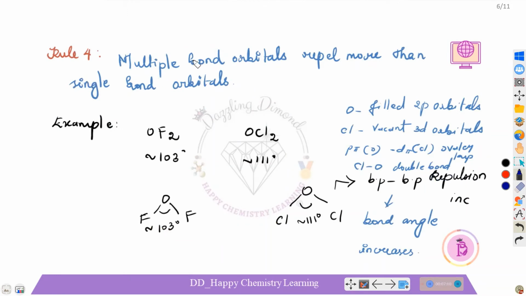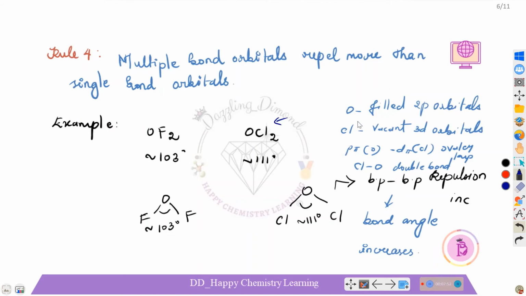If you have multiple bond orbitals, they repel more than single bond orbitals. Yes, take this example, OF2 and OCl2. OF2 has approximately 103 degree and OCl2 has approximately 111 degree. Yes, the difference between these angles is because if you take this example, the oxygen is filled in